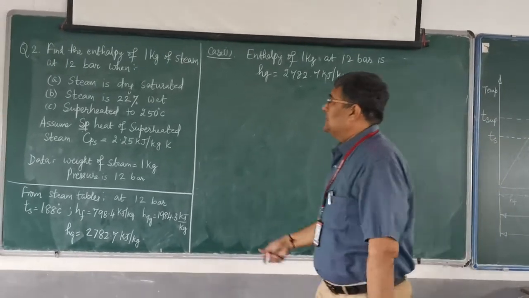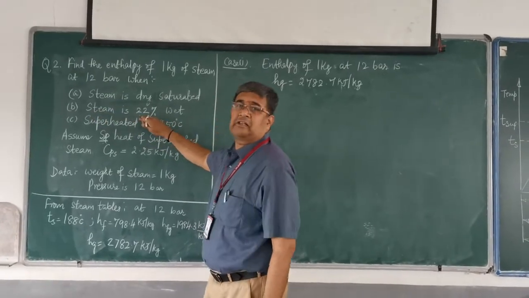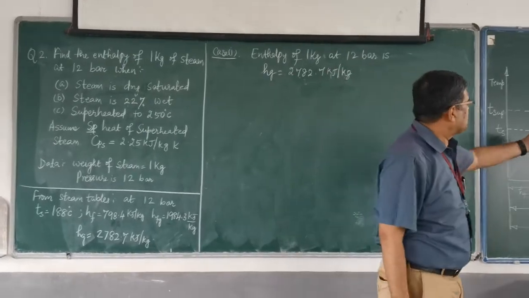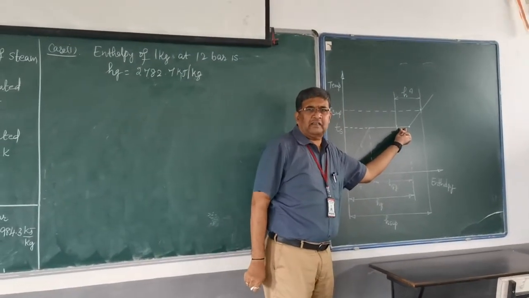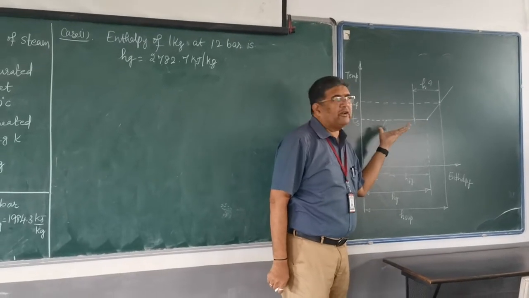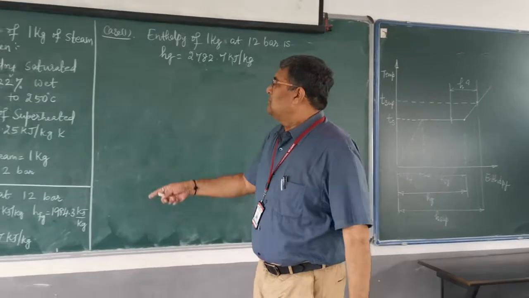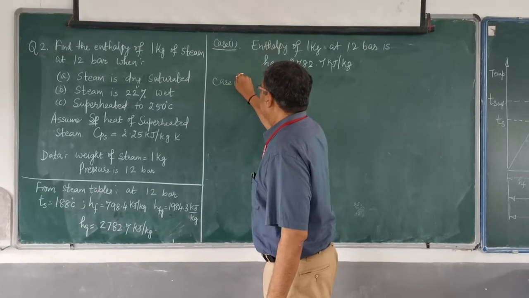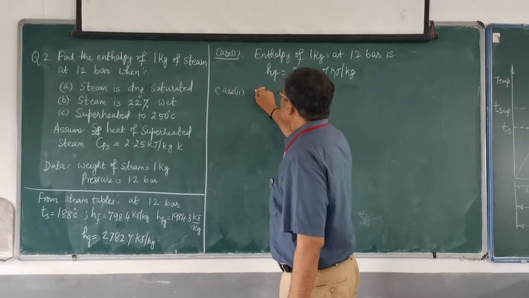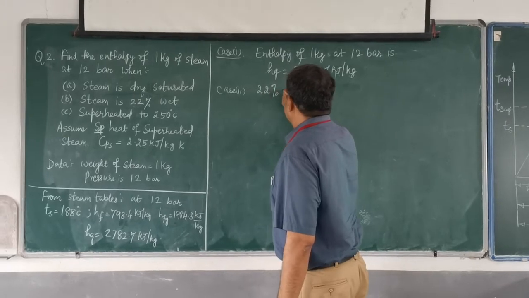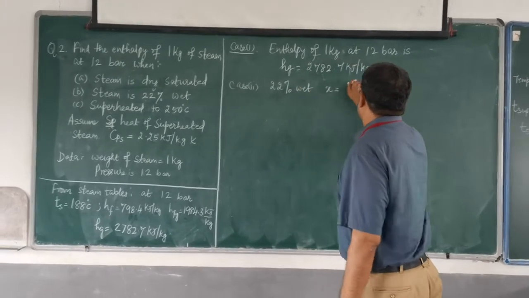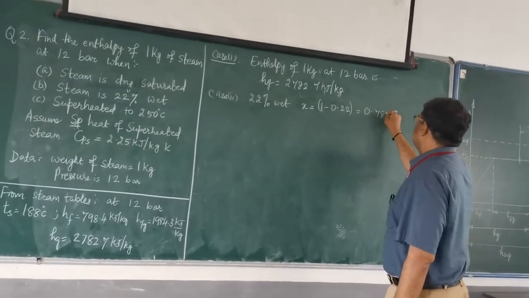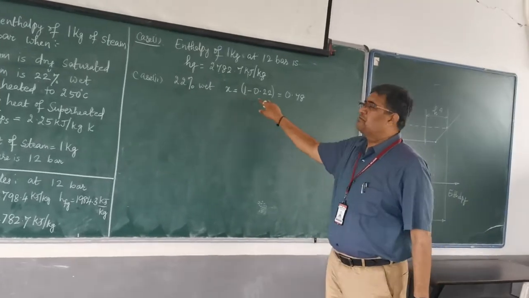Now in the second case, it is given as 22% wet. What does it mean? That is, it is 78% dry. Okay. So 78%, 22% wet is a small part still remaining. So the majority part has already become dry. So if it is given as 22% wet for case 2, since it is 22% wet, x is 1 minus 0.22, which is 0.78. Okay. So this we need to find out first.